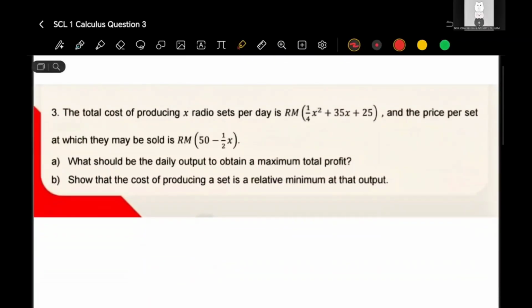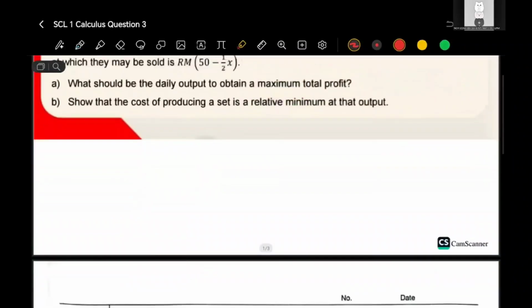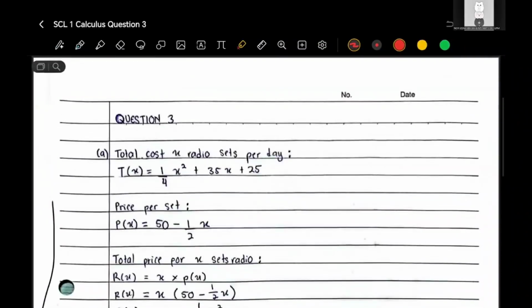For question 3, it states that the total cost of producing x radio sets per day is the given expression, and the price per set at which they may be sold is RM, the given expression. And for question A, what should be the daily output to obtain maximum total profit? So, firstly,